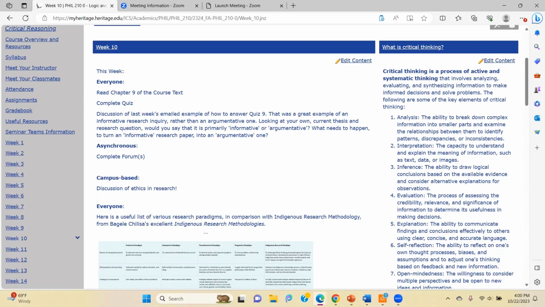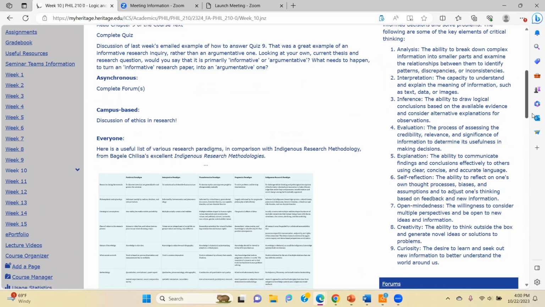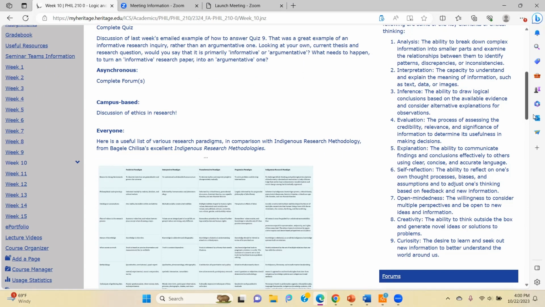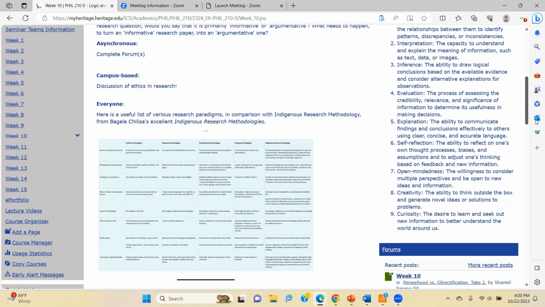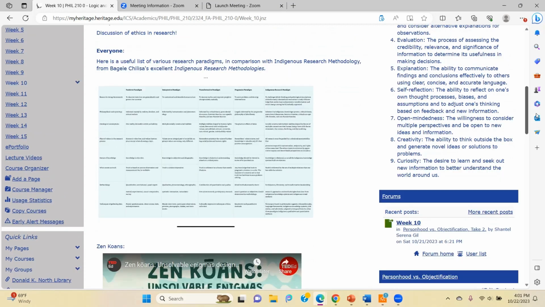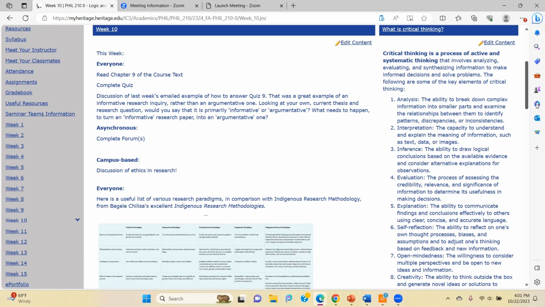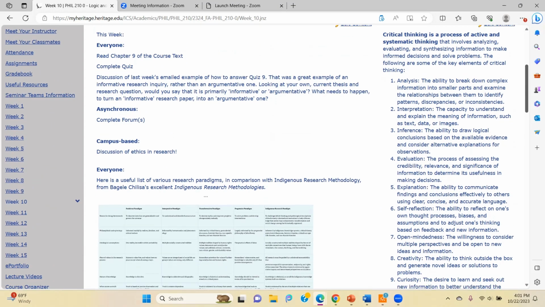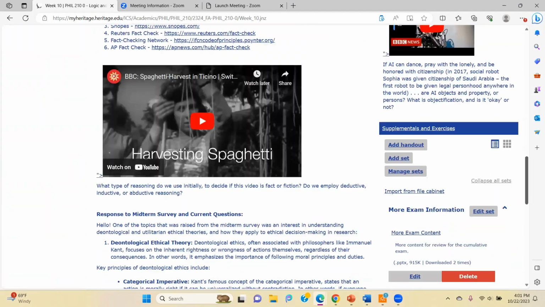We're going to start with revisiting critical thinking. Critical thinking is a process of active, systematic thinking that involves analyzing, evaluating, and synthesizing information to make informed decisions and solve problems. The following are some key elements of critical thinking: analysis, interpretation, inference, evaluation, explanation, self-reflection, open-mindedness, creativity, and curiosity. So I would ask that you go ahead and read through those very carefully as part of